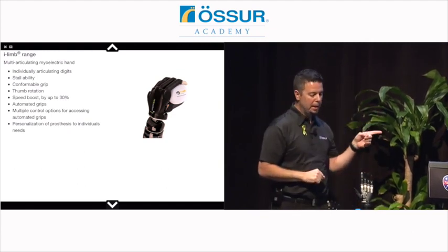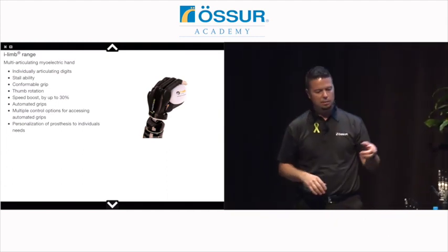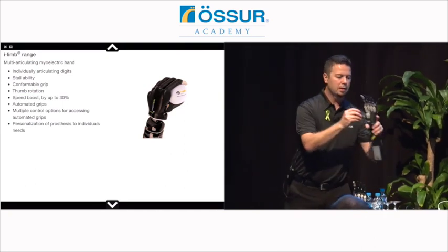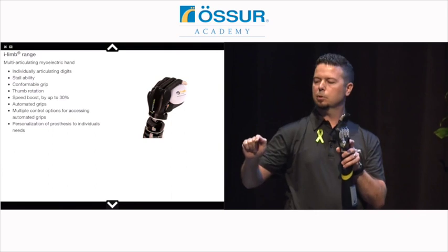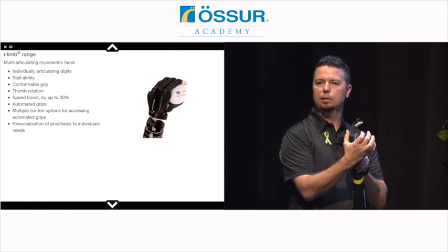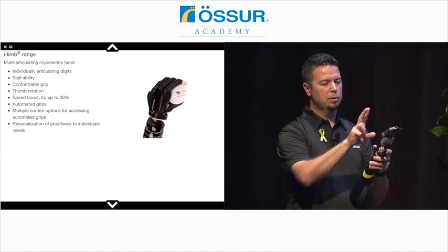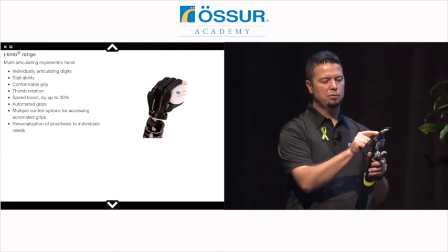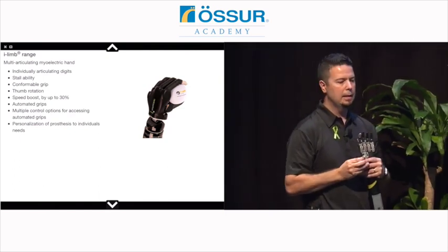So when the iLimb hand came out, it was the first hand that had multiple articulations. And if you look at that finger, or any of the fingers on the hands, we have two articulation points in the finger. One is kind of similar to what would be like an IP joint on your hand, interphalangeal, and then an MCP joint. Those two joints and motors in each finger make it a lot different than that 1950s style hand in that